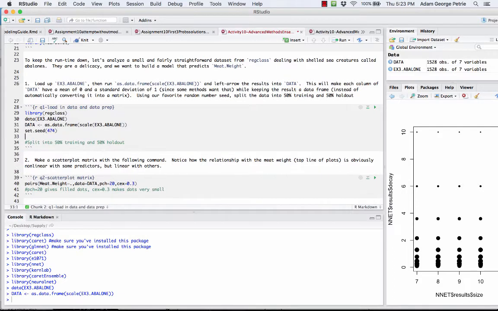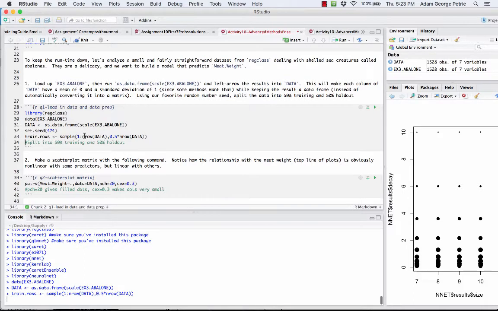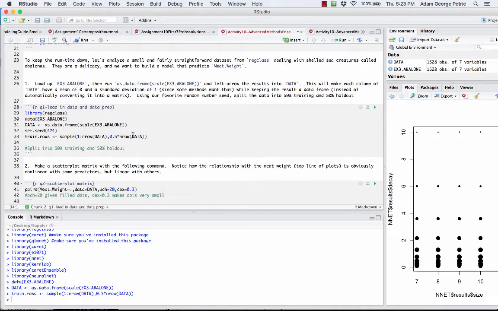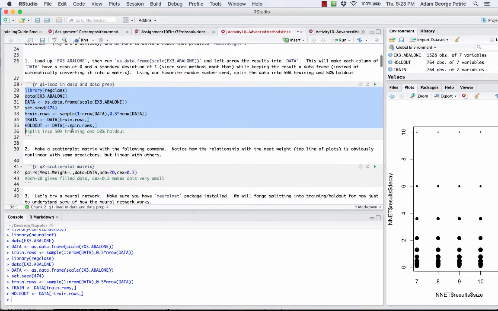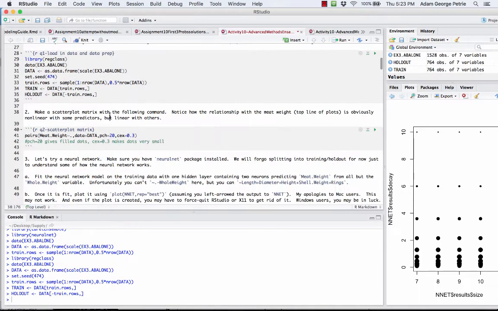All right, so let's go ahead and split the data into training and holdout here using our favorite random number seed, but this time with a 50-50 split between training and holdout. So we can set the training data to be the train rows and the holdout to be everything but the ones selected for training. So I'll go ahead and run that whole chunk, and let's move on to number 2,